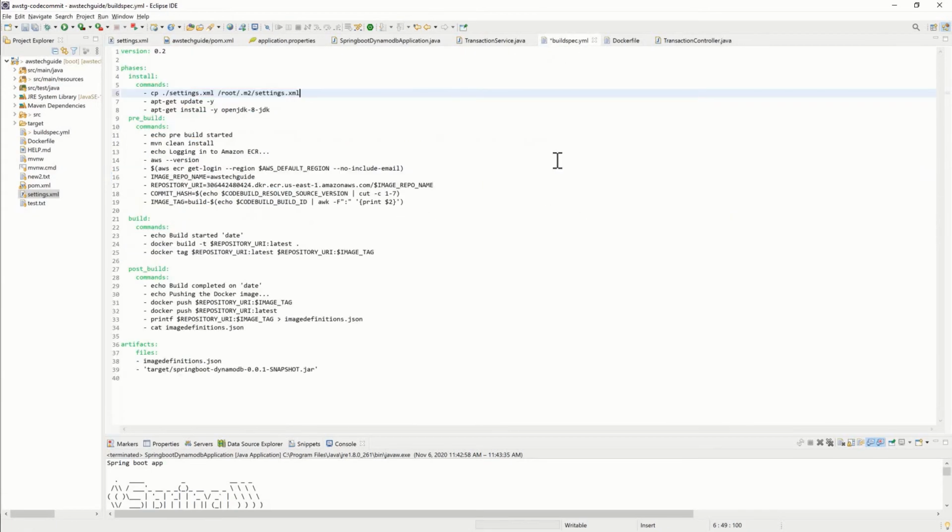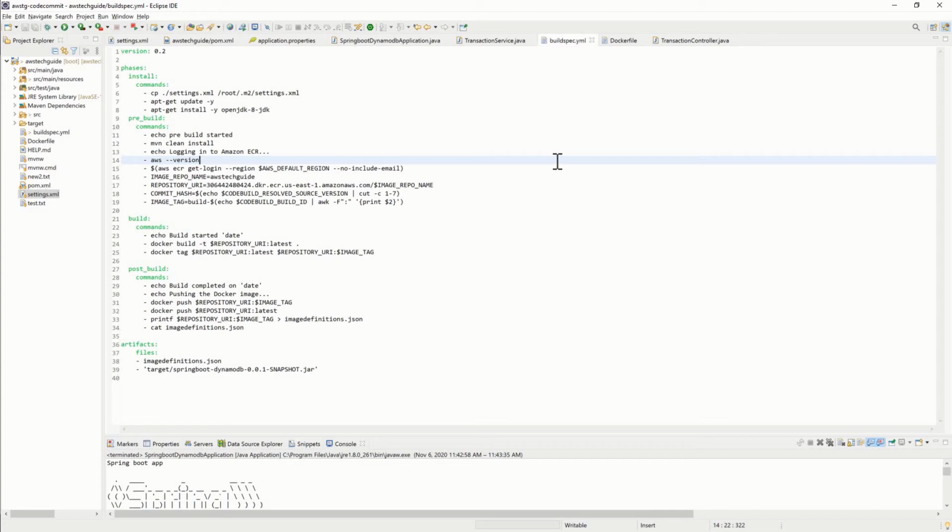So let's go back to our build spec and save it. So again, I am quickly summarizing our build spec, how we wrote this file. Build spec has specific sections. First is we start with the version. Version we have declared 0.2. Now it has multiple phases, and phases like install, pre-build, build, post-build. As the name suggests,